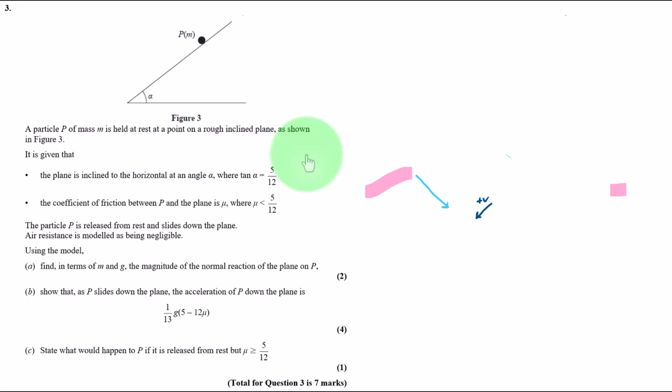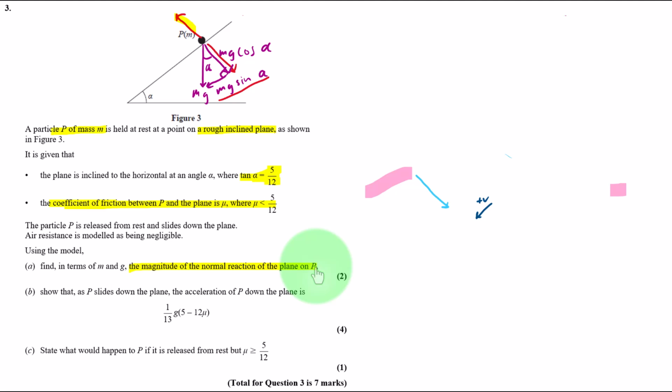Right, class, I just want to show you how easy you can get 7 out of 7 or even gain a few marks. We've got a key bit of information. We've got mass m. It's rough, so we know we're going to have mu, or coefficient of friction, at some point. That's some key information, and we have to use this to find resultant forces. So we start off drawing our nice triangle. We have our mg. We know that's our opposite, so that's mg sine alpha. That's going to be mg cos alpha, and of course we're going to have our normal reaction, which is